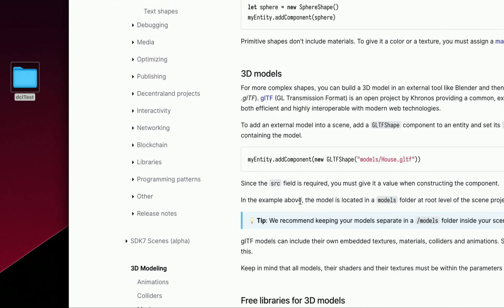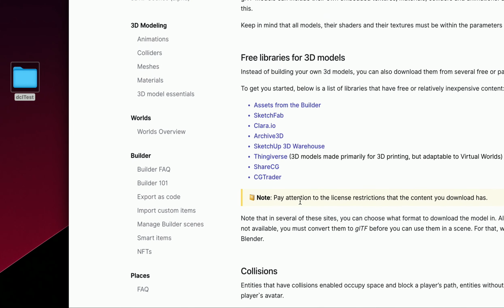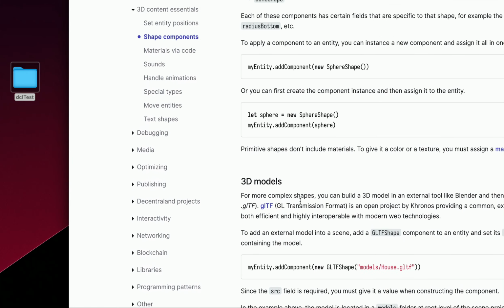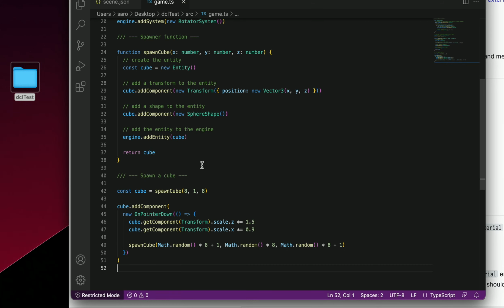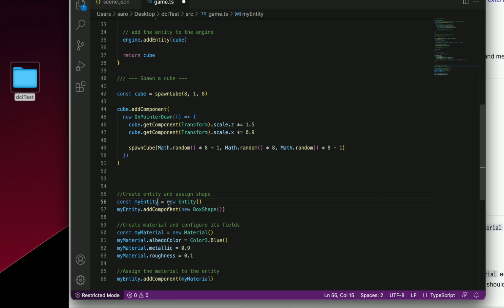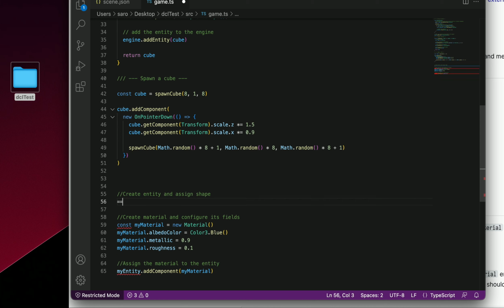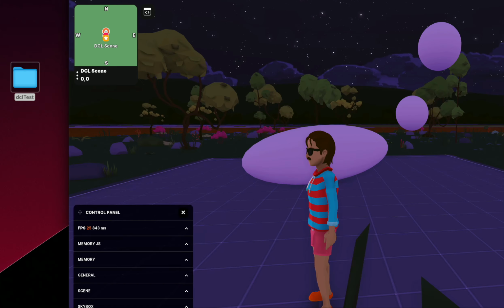So say you just want to copy a bit of code that you're unsure about, if you want to try something new, you can literally pull up the documents page and just copy code from here. So if we want to make our material a different color, we can copy this nice block of code for entities, go down here, and we already have an entity of the cube, so we don't need this. We can get rid of my entity, and then instead of adding that to my entity, we're just going to add that to cube. So if we go back to our preview,